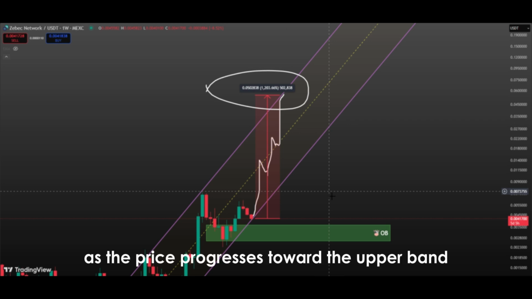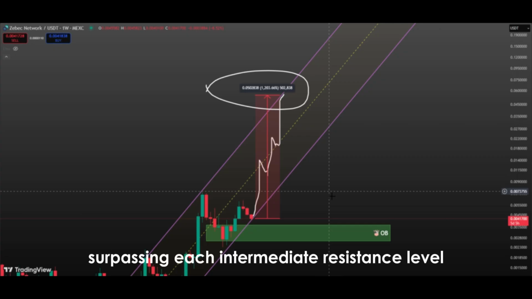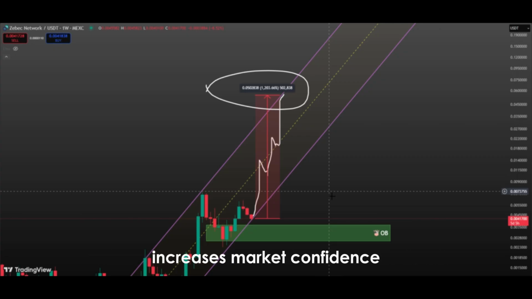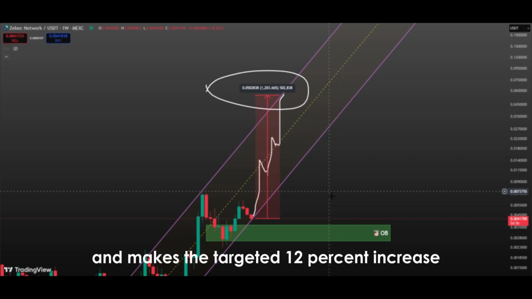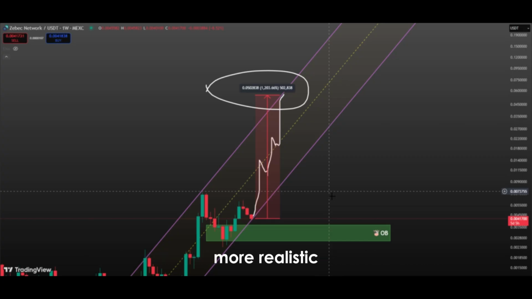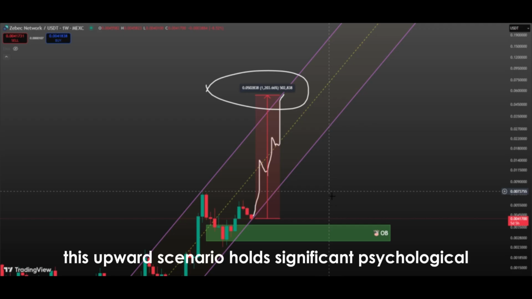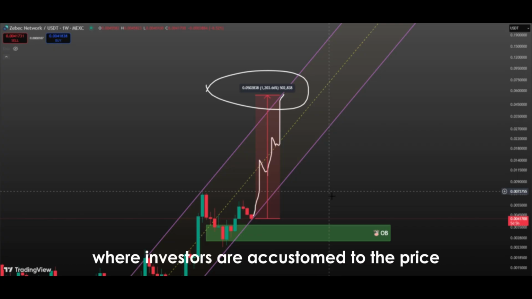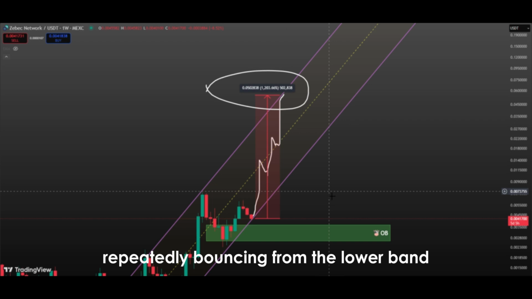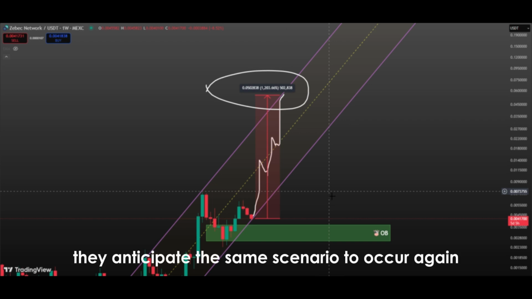As the price progresses toward the upper band, surpassing each intermediate resistance level increases market confidence and draws new investors into the process. This chain reaction accelerates the movement and makes the targeted 1,200% increase more realistic. Additionally, this upward scenario holds significant psychological importance. In a market where investors are accustomed to the price repeatedly bouncing from the lower band, they anticipate the same